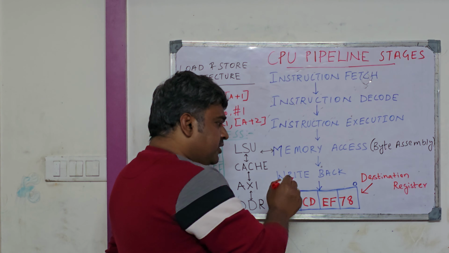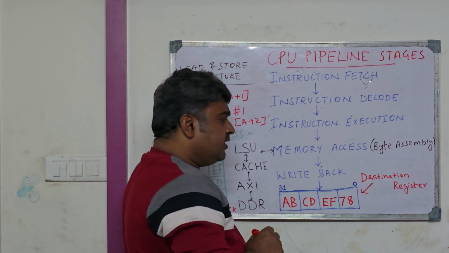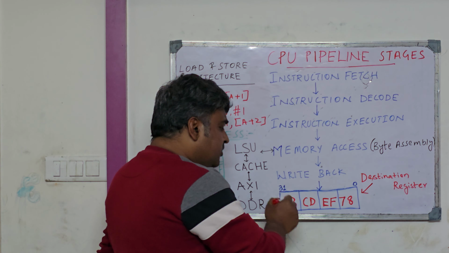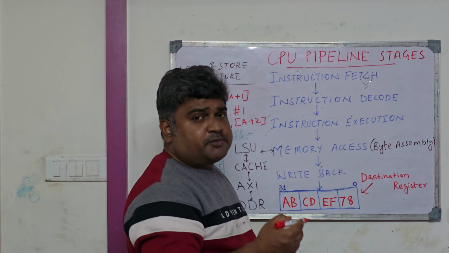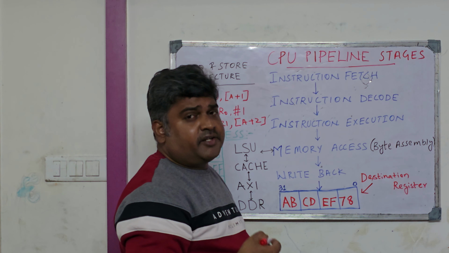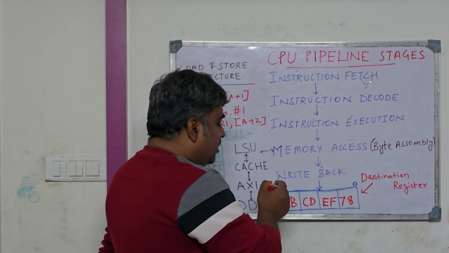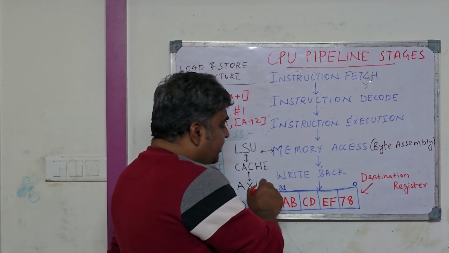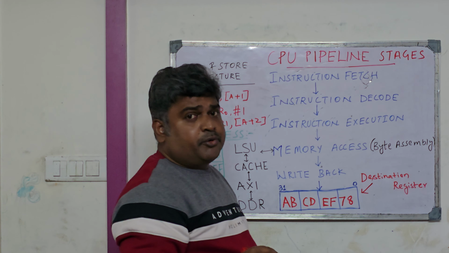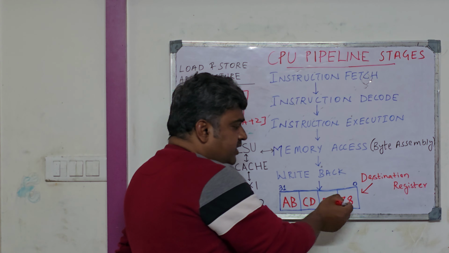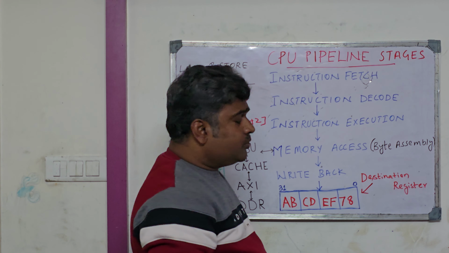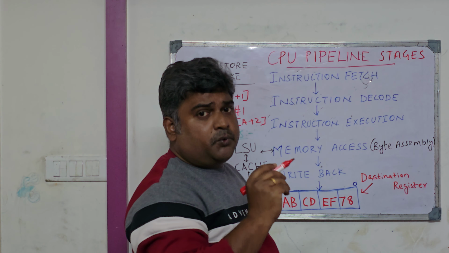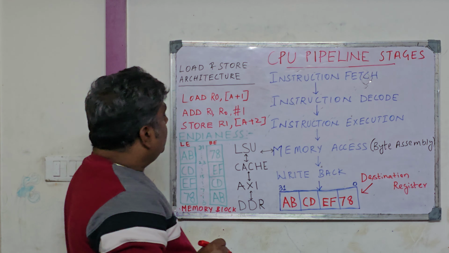In this stage, the value is updated in the destination register, where the most significant byte, irrespective of whether it is little Endian or big Endian, is stored in the higher bit fields of the CPU register, whereas the least significant byte is always stored in the lower bit fields of the CPU register. In this way,